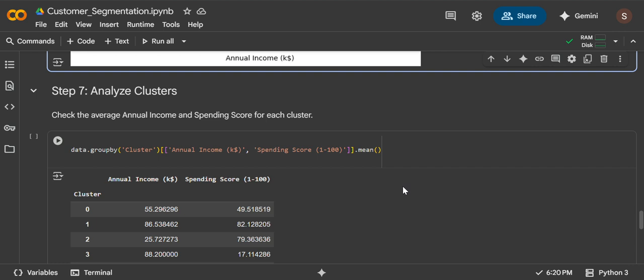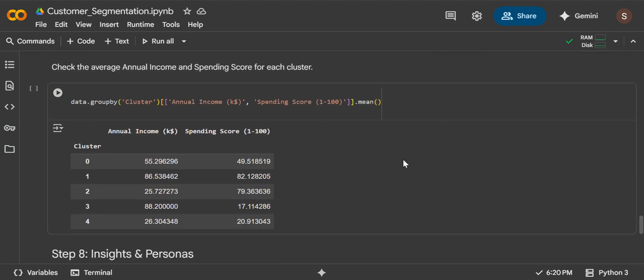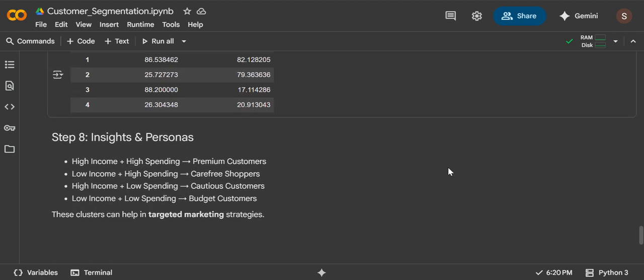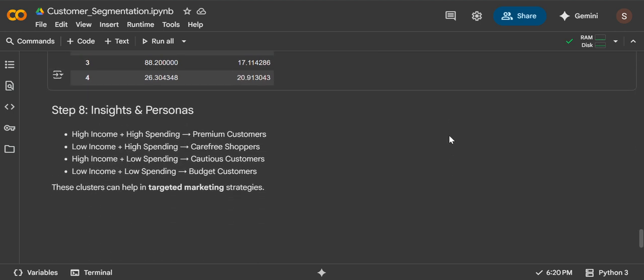Next, we have analyzed the clusters. Here we have done cluster analysis by calculating the mean annual income and spending score for each cluster. This helps us understand the characteristics of each segment, such as high income, high spending customers or low income, low spending customers. The insights can be seen as